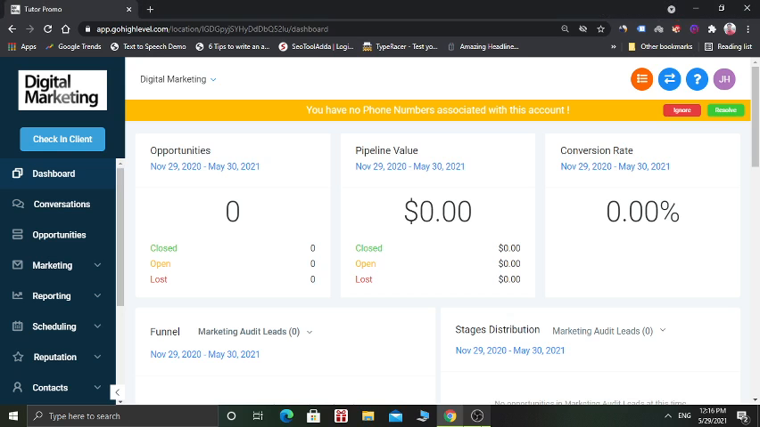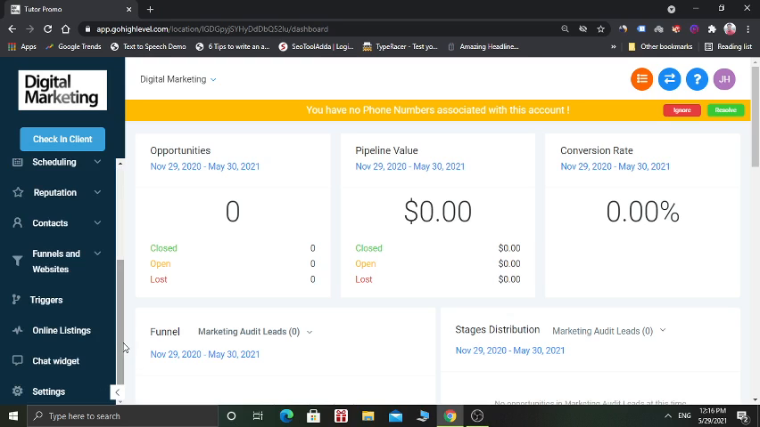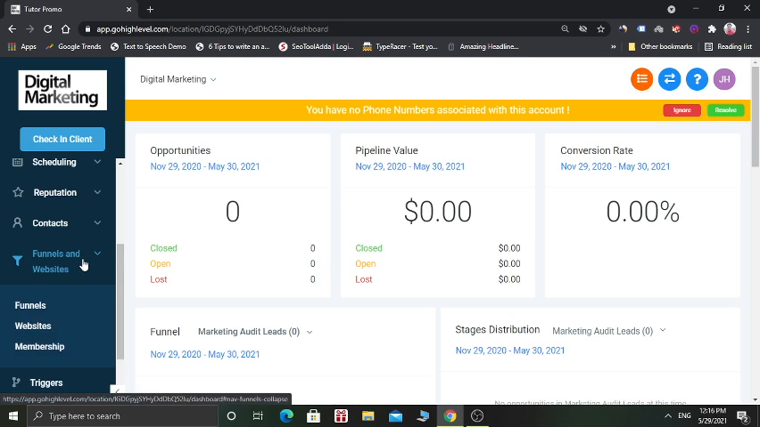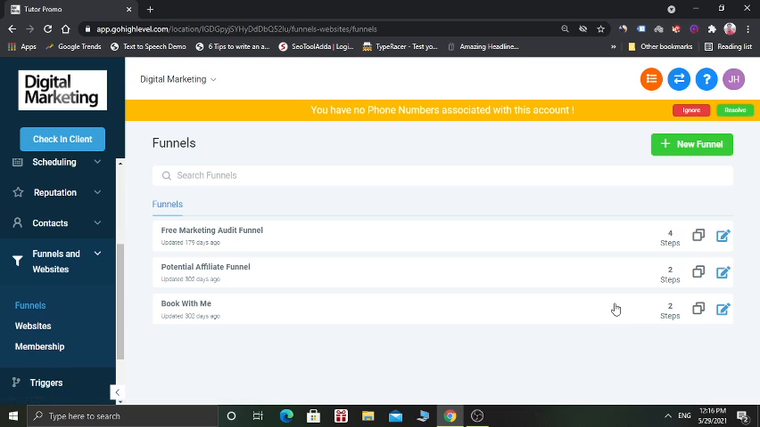Hello friends, in this video I am going to show you how to create a sales funnel in Go High Level software. When you log into the Go High Level software, first thing you have to do is to scroll down on the left side menu and click on websites and funnels and click on the funnel tab, and now here you can create a sales funnel. Now click on the new funnel button,